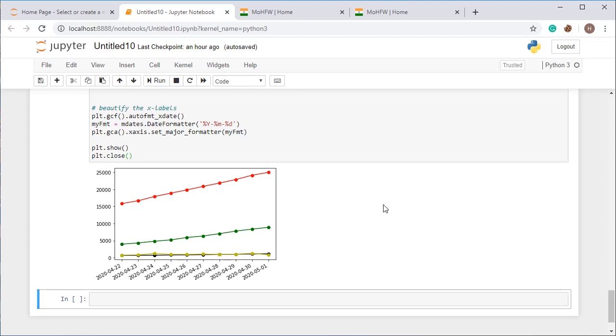I'm going to put labels like this. I'm setting labels for the figure.